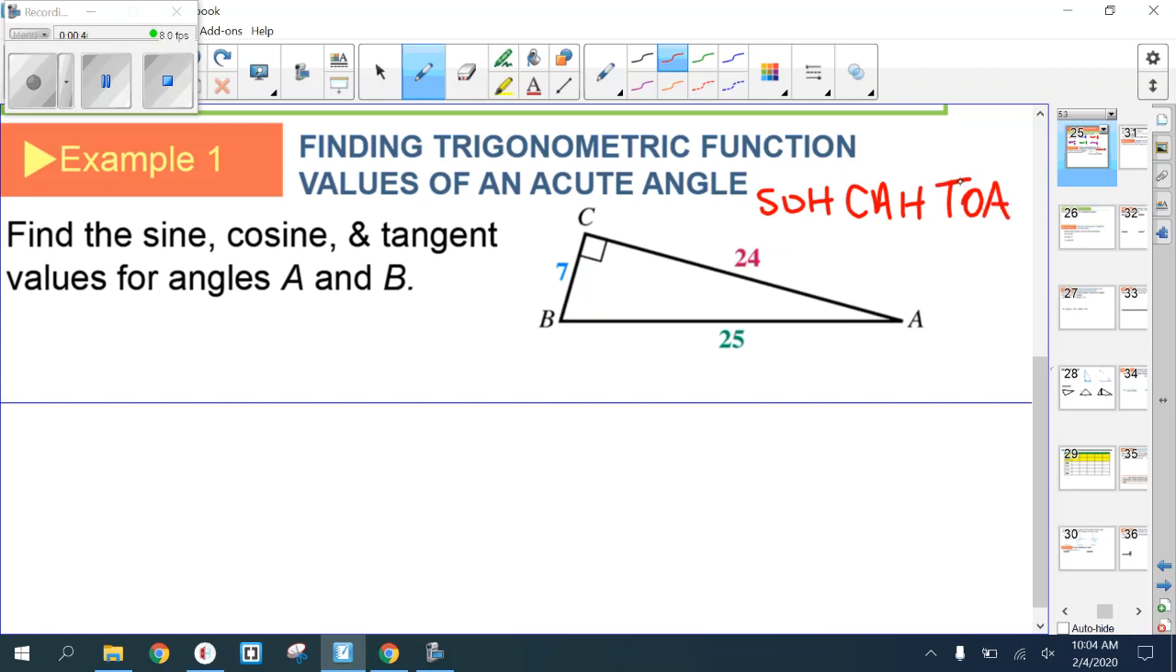All right. Example 1 says find sine, cosine, and tangent for angles A and B. Well, what I would do if I were you is first identify the angle. If you don't identify the angle, then you're going to have a hard time finding the side opposite that angle. All right. So when I do sine of angle A,